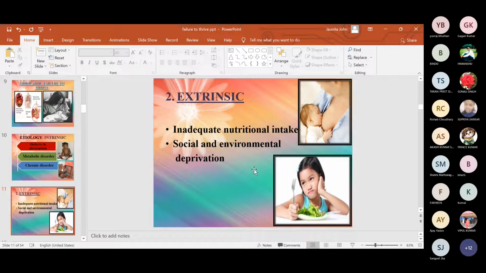First of all, you all tell me what you mean by deprivation. Do you know the meaning of deprivation? Yes or no? At least you can say if you don't know also. No ma'am. Okay, deprivation means withdrawal from anything. Social or environmental deprivation. You call it mentally deprived or socially deprived, meaning withdrawal, social withdrawal. Now how will social withdrawal and environmental withdrawal happen in babies, in children?